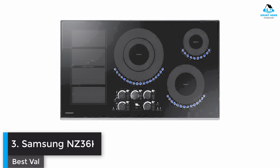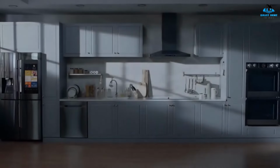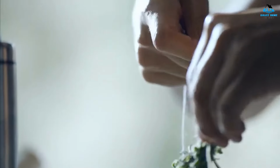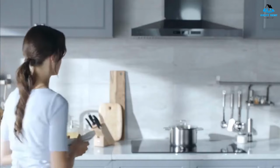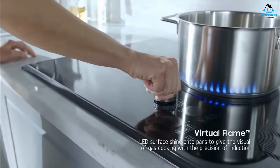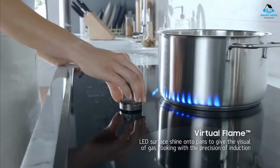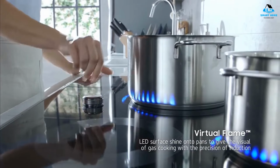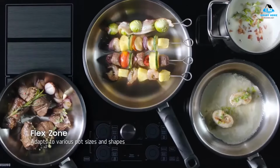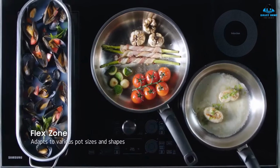Number 3, Samsung NZ36K7880US. Best Value Induction Cooktop. The 36-inch Samsung NZ36K7880US has an 11-inch 4,800-watt large element, one of the most powerful among our recommendations. It offers 15 heat settings, simmer and melt modes, and a large continuous cooking zone that accommodates multiple pans or griddles. The cooktop's Wi-Fi connectivity allows for remote monitoring with a mobile app, and it can auto-sync with a Samsung